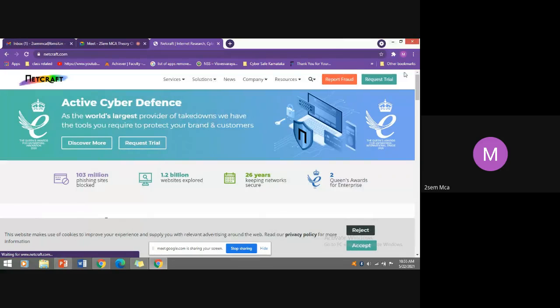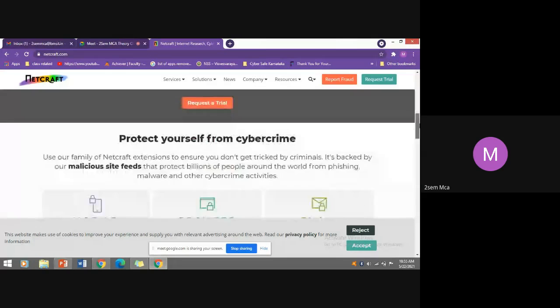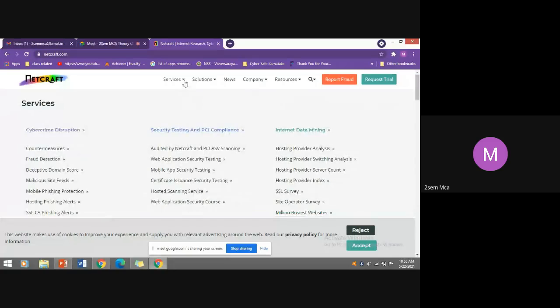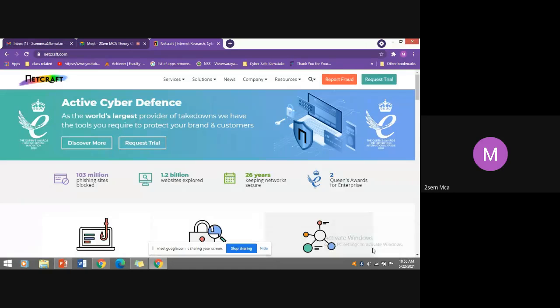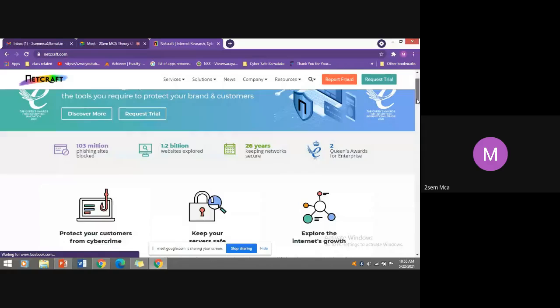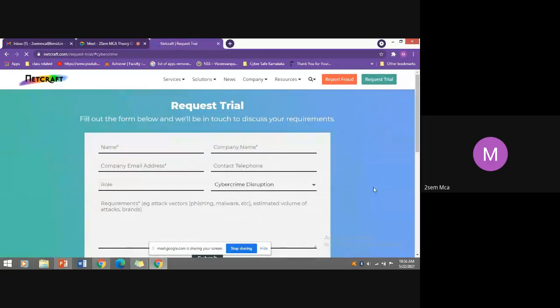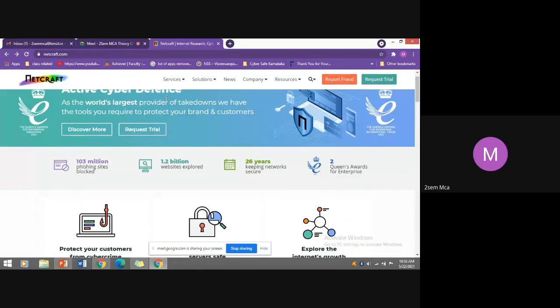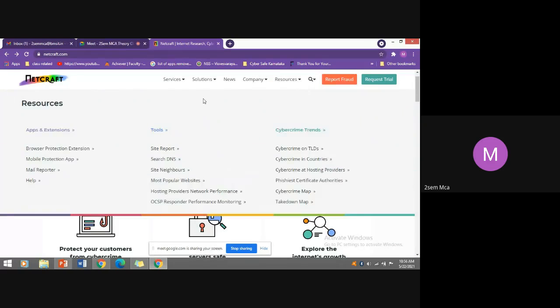Active Cyber Defense. So for the BMS site, let us go with searching. Request trial, so it is asking for all details. Previously it allowed us to directly search for resources, search DNS.